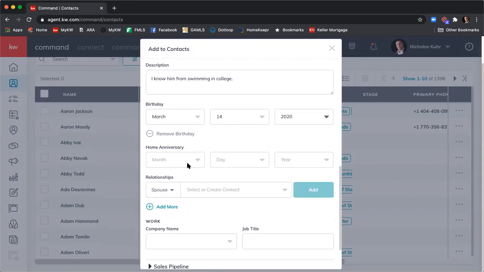Home anniversary, whether they're your old client or not, you can add in their home anniversary. You can always check Realist or tax records. That's going to be helpful information to keep in mind because we know that people around that 5 to 7 year mark is usually when most people move. So if you have someone's home anniversary and they're approaching the 6 years, you can just be like,